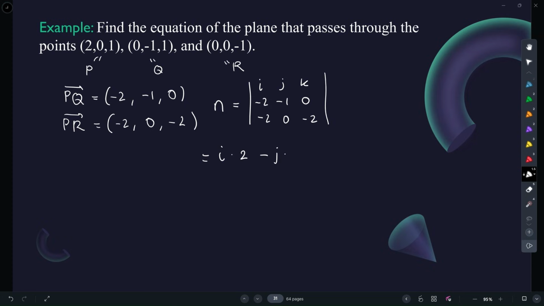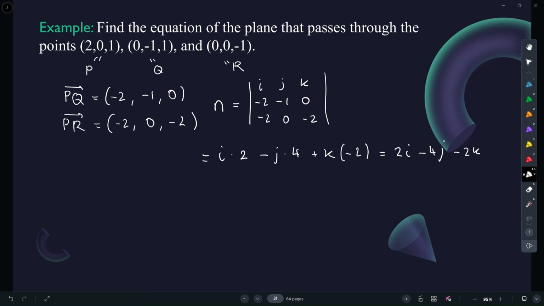Minus j times (minus 2 times minus 2, that's 4, minus 2 times 0 is 0), so times 4. Plus k times (minus 2 times 0 is 0, minus minus 1 times minus 2 is 2, with a negative sign is minus 2). So the vector that I get here is 2i minus 4j minus 2k,